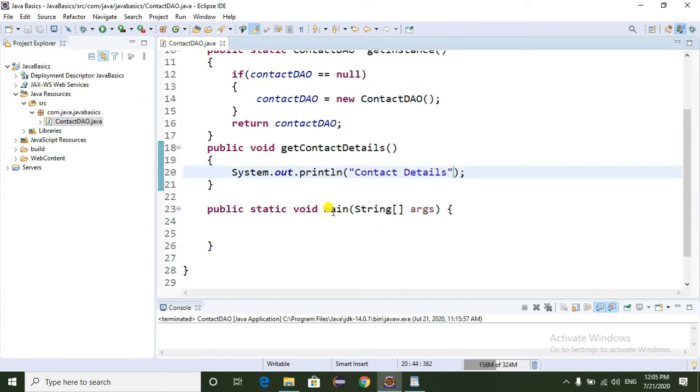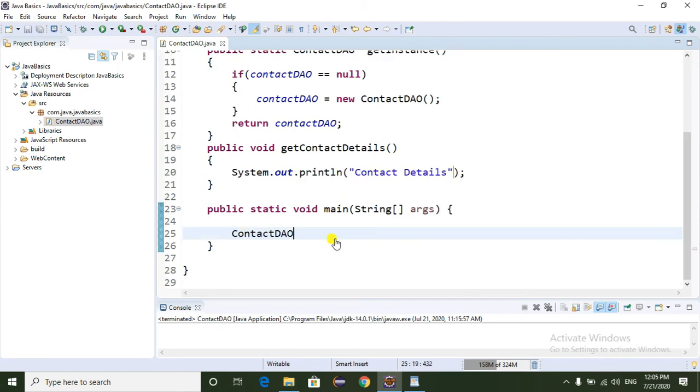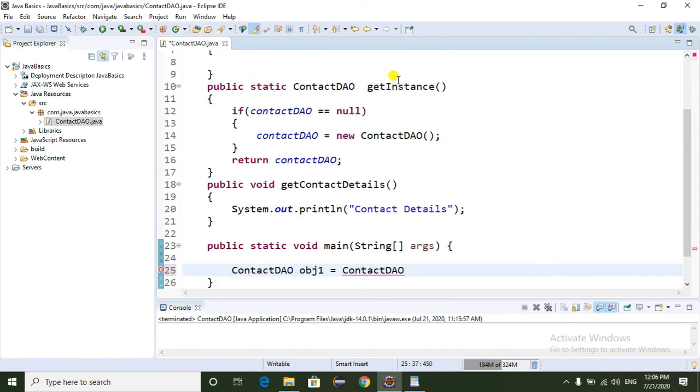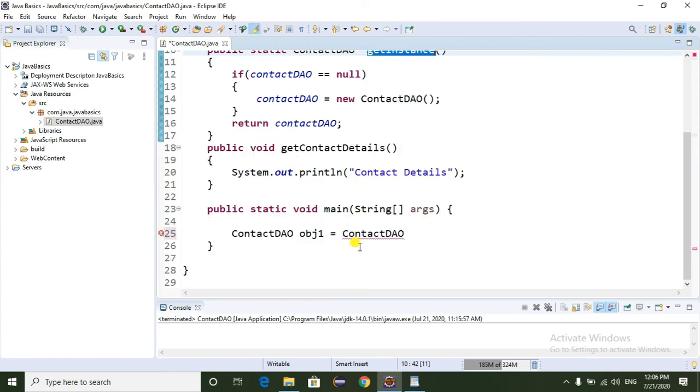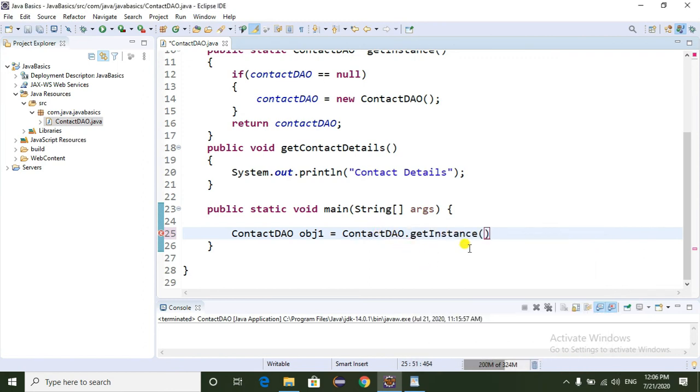In my main method I create an object of the Contact class, taking it as object1. I am calling the getInstance method. The getInstance method is a static method, so for calling a static method, we can use the class name dot static method name.